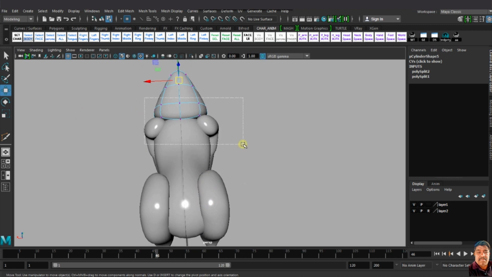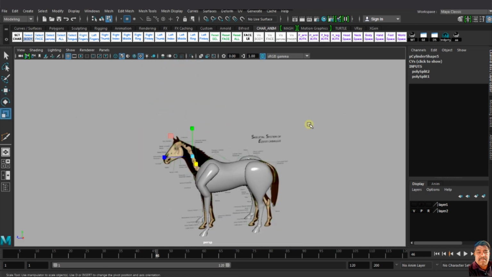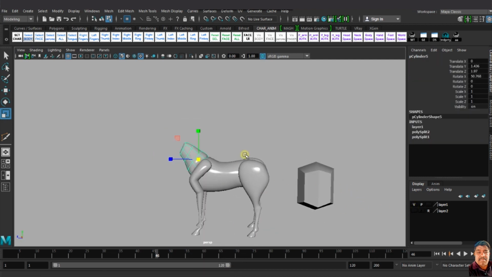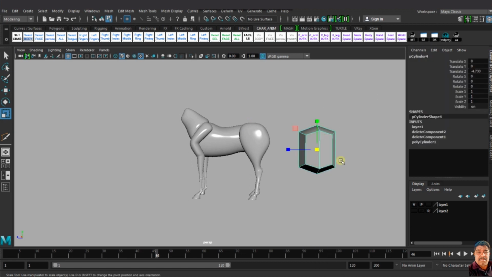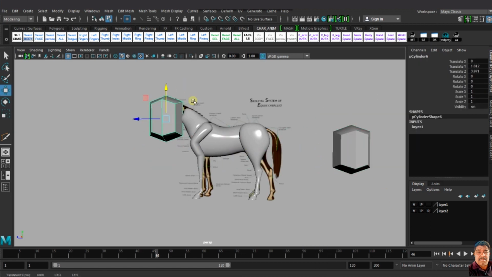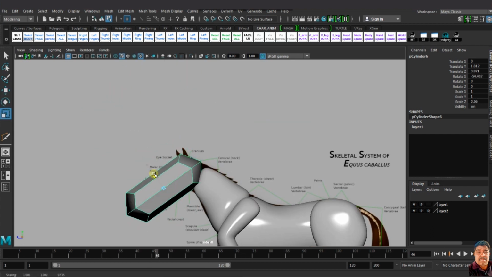So it is a good process to make your model by making all the divisions and then merge it according to anatomy. Then the anatomy also maintains the lines.